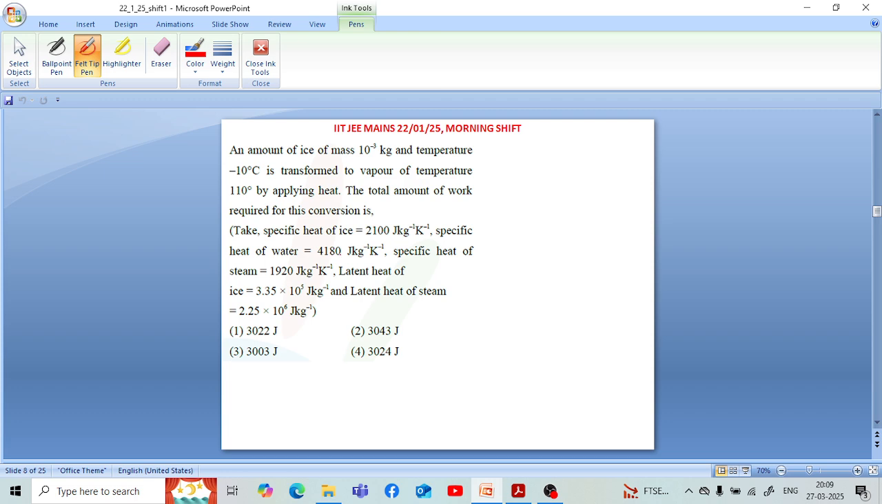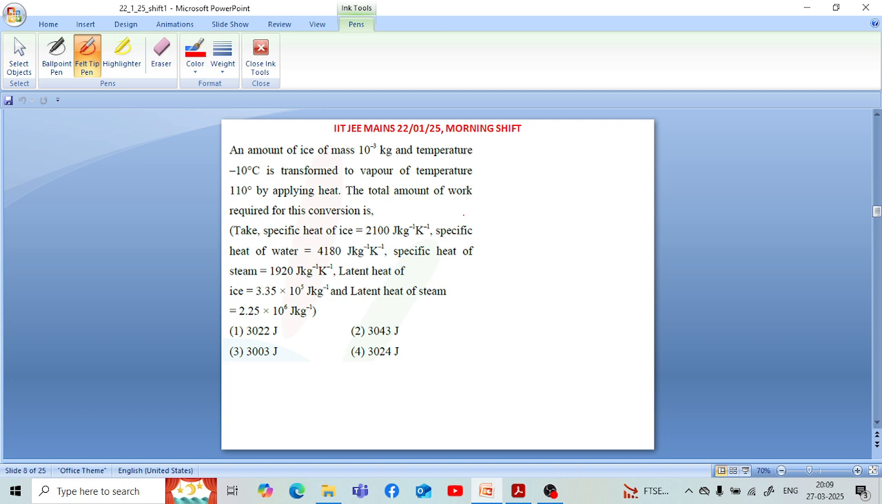per kg per Kelvin. Specific heat of water is equal to 4180 joule per kg per Kelvin. Specific heat of steam is equal to 1920 joule per kilogram per Kelvin. Latent heat of ice is equal to 3.35 into 10 power 5 joule per kg, and latent heat of steam is equal to 2.25 into 10 power 6 joule per kg. And the given options are option 1 3022 joules, option 2 3043 joules, option 3 3003 joules, and option 4